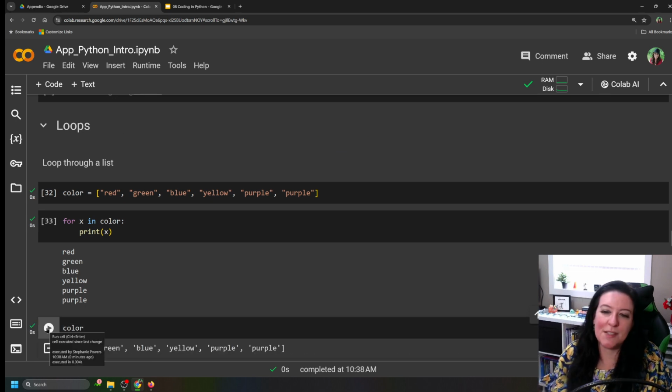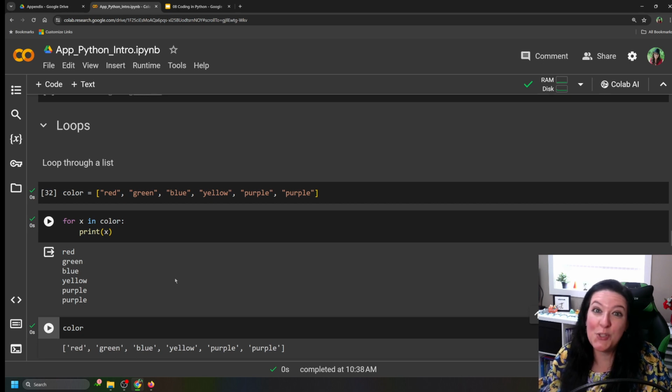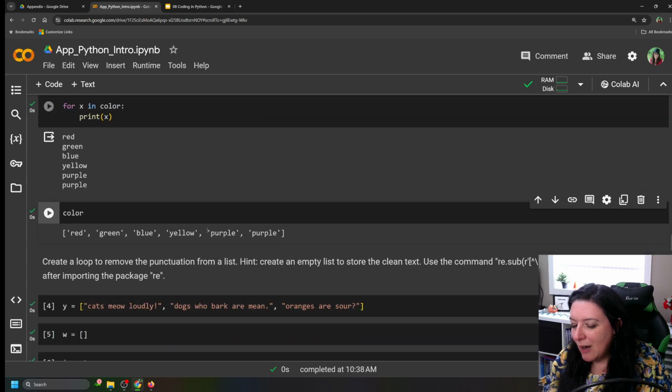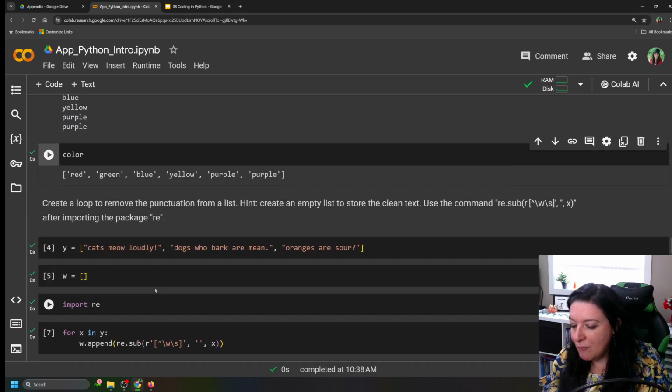And there you have your list of information. So do you really need it to be listed out one at a time? Maybe if you're going to do something else to it, but probably not if you're just printing it out. All right, so let's try one that might have more